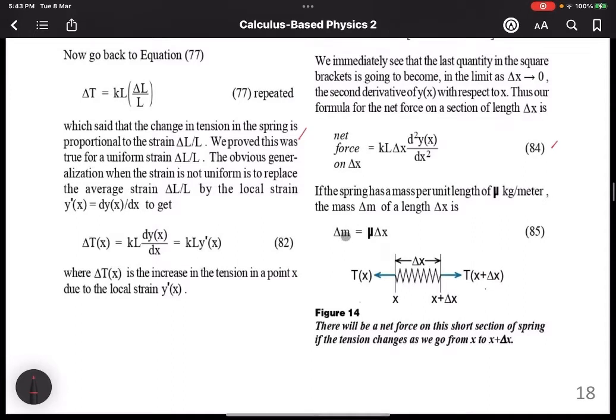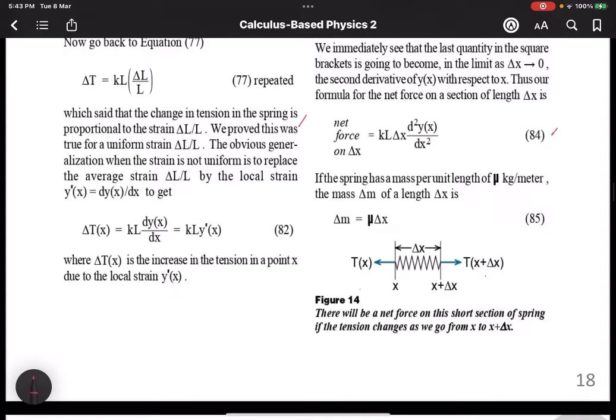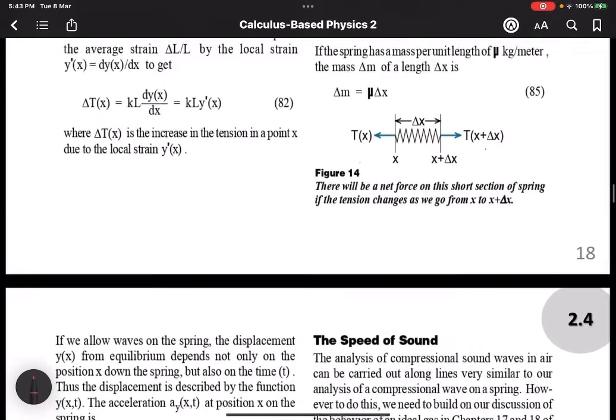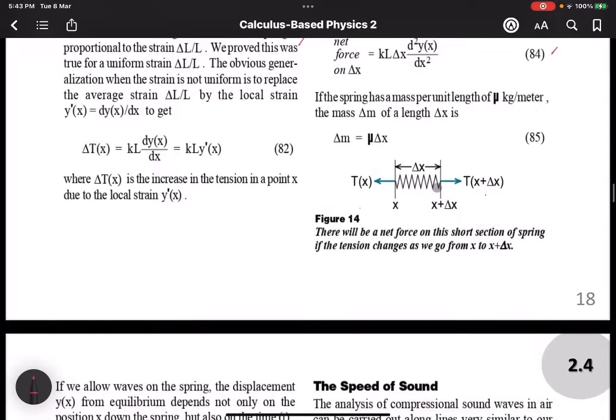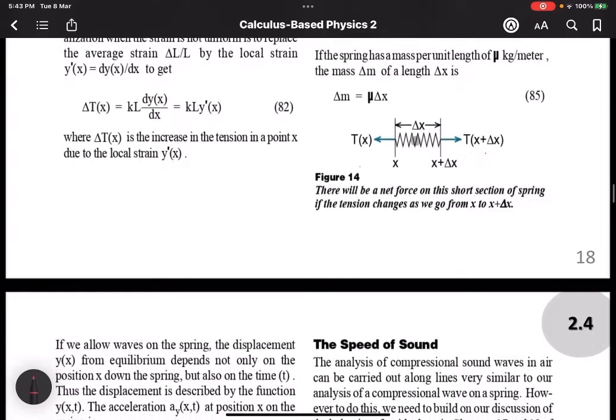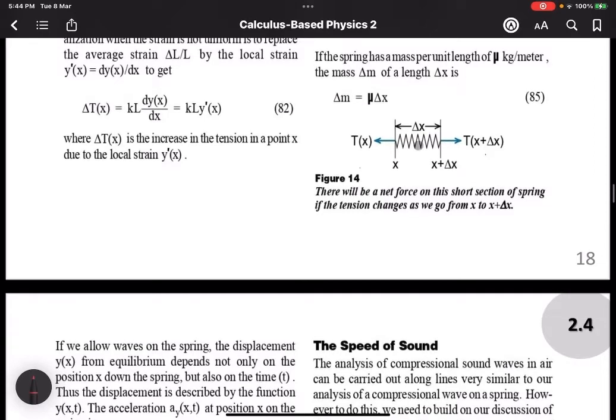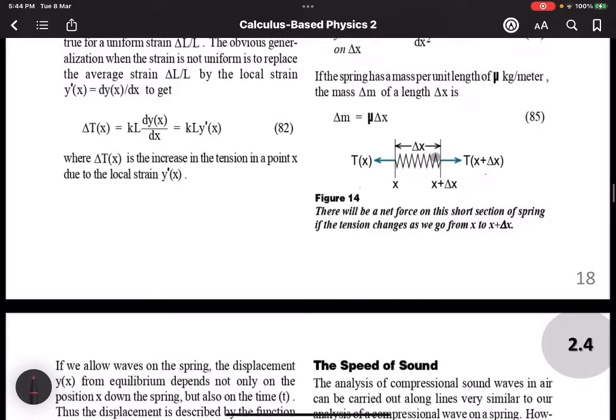The change in mass is equal to the mass per unit length times the change in x. So yung mass na yan, yun yung result, no, as the spring is compressed. So, yan yung nakita natin, nako-compress yung individual spring niya, no, as the wave moves from right to left,